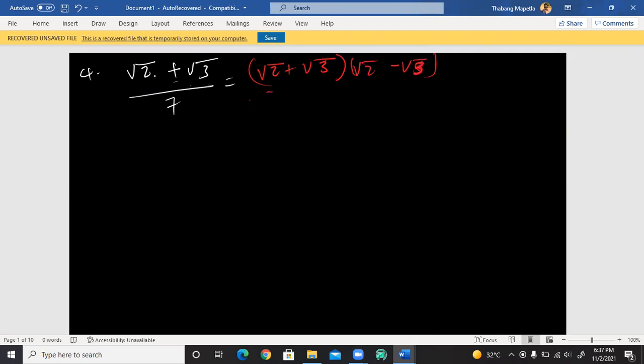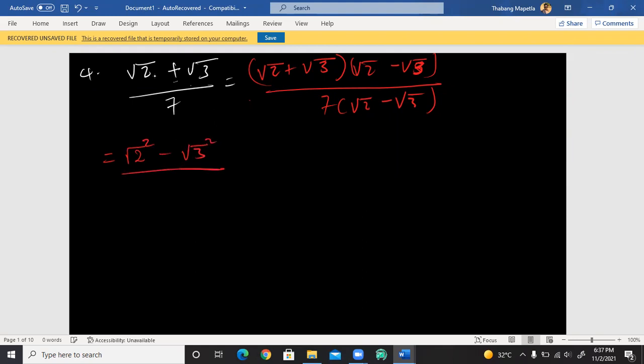Bracket, remember it's binomial. Expand everything. Then 7 times root 2 minus root 3, bracket still. And remember, this is simply a difference of squares. So you simply square this one minus that squared. So therefore, we're going to have root 2 squared minus root 3 squared all over